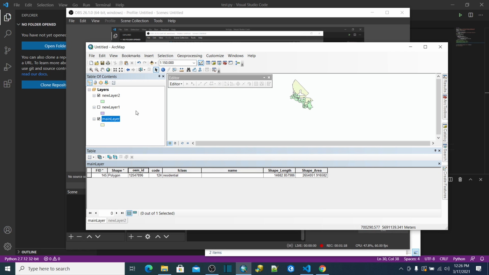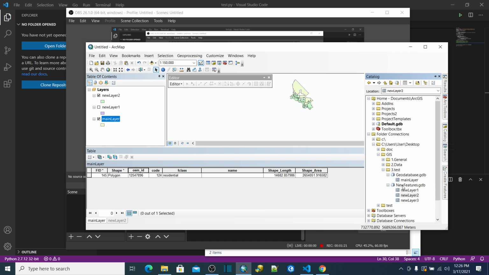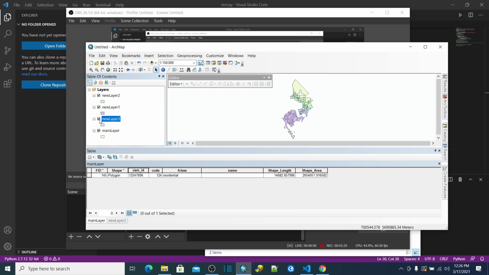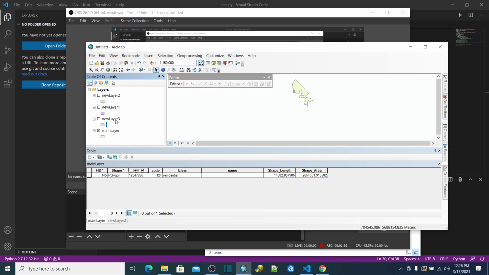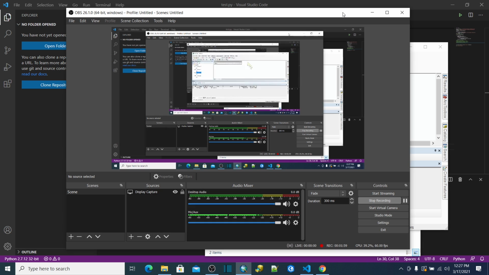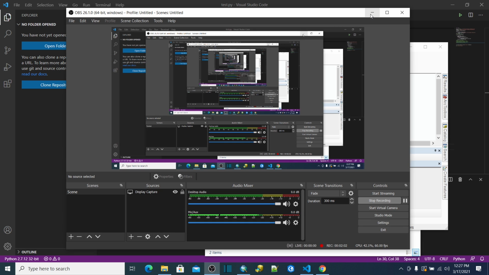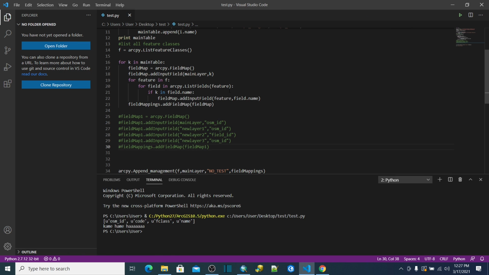Okay, so we have our target feature class, which is saved into a different database, and we have another geodatabase which has 3 layers with a different structure of table of content that we are gonna append to the main layer, which will be the target layer. Now let's switch into Python and let's see the script file and the step by step